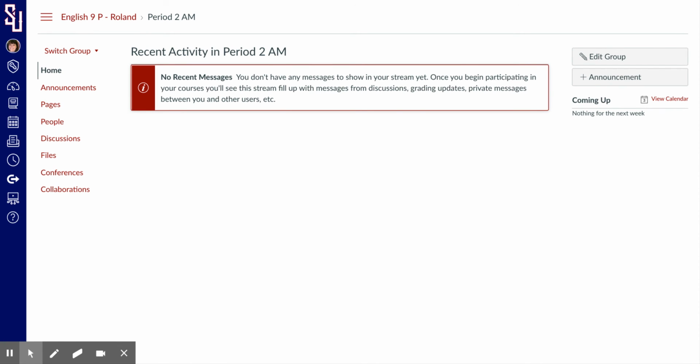There is no activity, but on that homepage, I can send announcements. I can add pages, which is basically just sharing of documents or information. I can work with people. There can be a discussion, all kinds of different things that you can do within that group homepage. So essentially what it does is it gives you a discussion board, an announcement option for your AM and PM